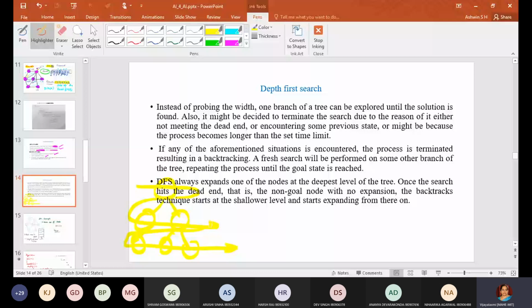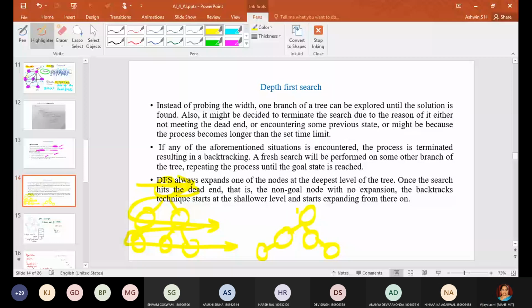This is how you have analyzed breadth first search. But here, in case of depth first search, what you are doing is, you are going in this way, not level wise. It is not after this level, it is not this level. So you take one, you go to the child of that particular node, then you go to the next child of that, like this.